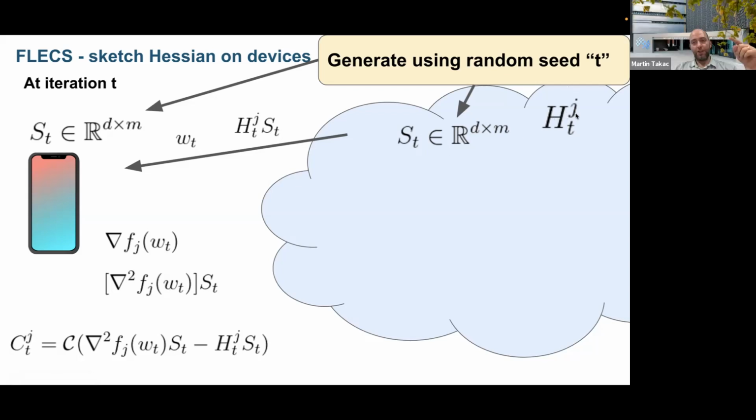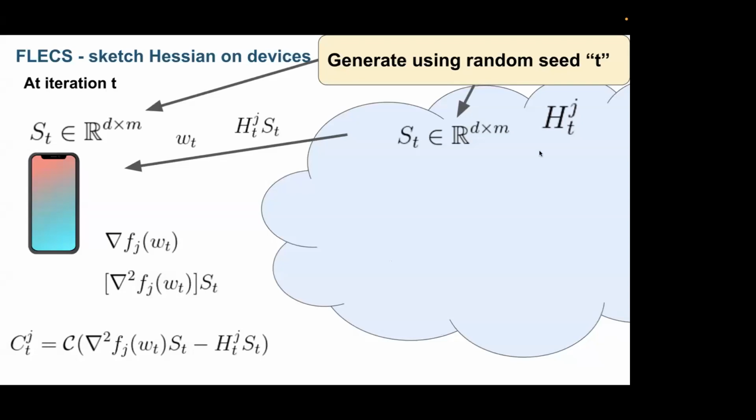Again, think about this: J should approximate my hashing on this device, right? If they're the same, if my estimate of the hashing was perfect, then if I multiply this one by S, I will get some vector which will be the same as this vector here, right? Again, choose m equals 1. If my estimate of the hashing was perfect, if I choose some random direction S_t, I just need to send a vector of zeros, which is nothing, right? This really tells the server that, hey, your estimate of the hashing when sketched by this vector S_t was perfect. It was the same as the true hashing if you sketch it by the same vector S_t, okay?